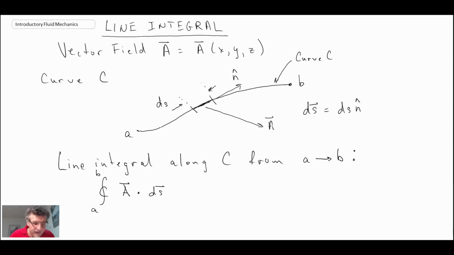and that is the way that we evaluate a line integral. Now it turns out sometimes in fluid mechanics you'll want to evaluate one of these line integrals with a closed curve, where the curve closes upon itself. You might do that, for example, if you're looking at quantifying the circulation about an airfoil. You can measure the velocity in the velocity field integrated along a closed curve. That would tell you the bound circulation on that particular airfoil. But if C is closed,